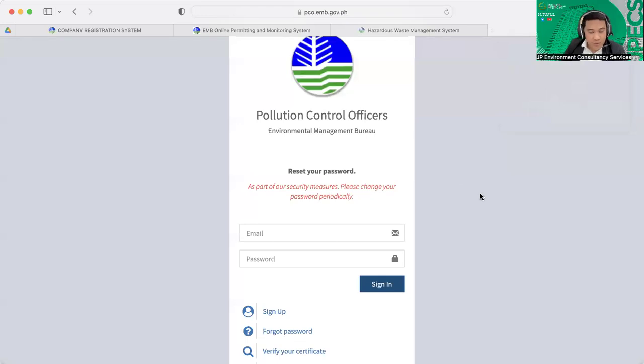So do not forget to create an account for your future application for permits, future registration as waste generator, and then future application for PCO accreditation.